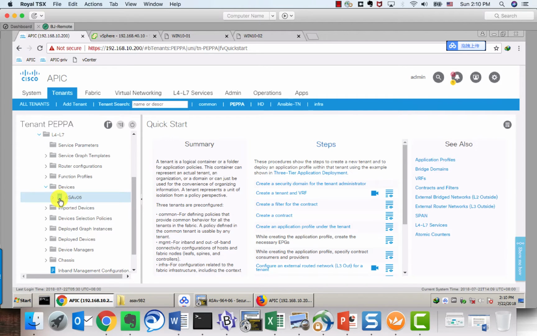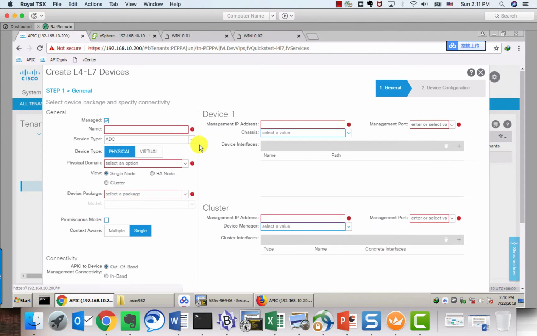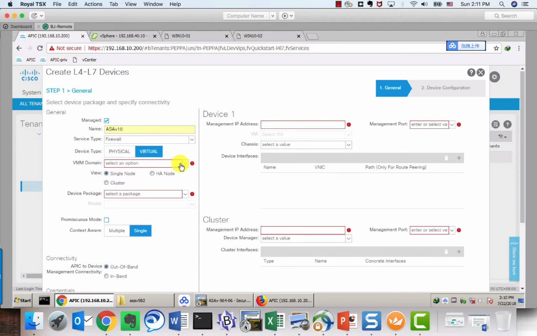Here, I already added a device, but actually this is the way you do it. Just right click on Devices and click Create L4-L7 Device. First put the name here. Then you choose the type, which depends on whether this is physical or virtual. This one is virtual, so we choose virtual. And remember, you need to choose a VM domain. So here, I have the VM domain